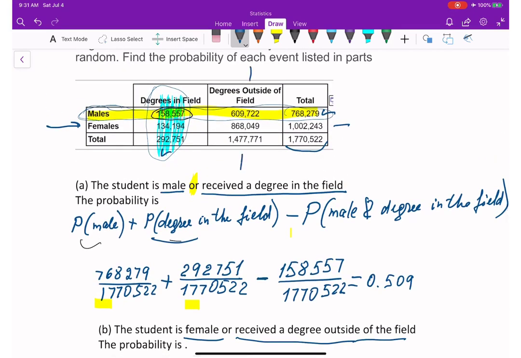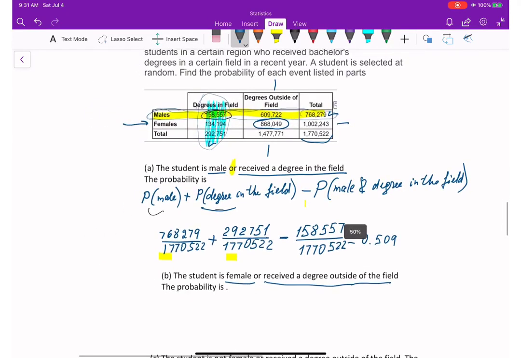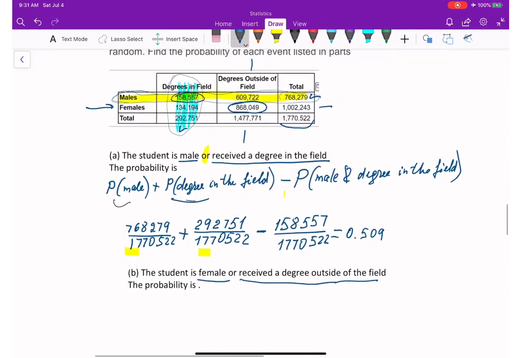So column and row always cross each other, and then duplicate is gonna be 868049. So what we are going to do here, it is going to be